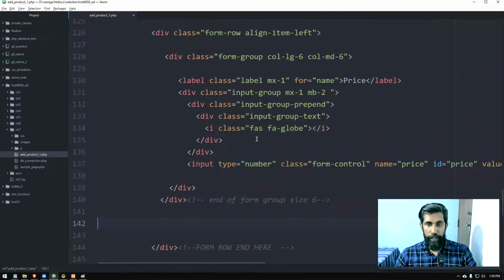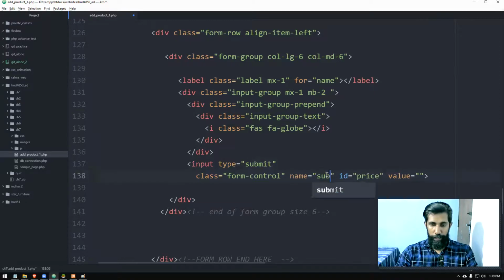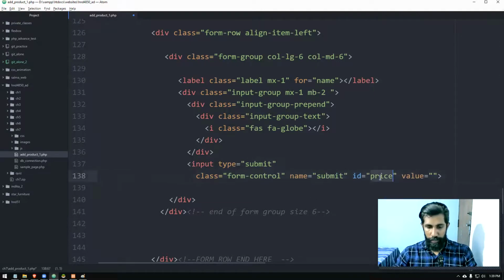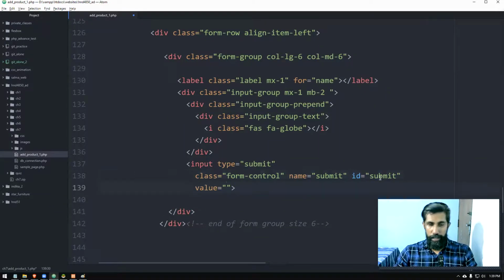So here I'm going to have no label. I don't want a label there. But I'm going to have input type submit. If you want, you can give the name. It's not a must. And value, of course, it's a must. We need to say submit, register, or add now, right? We'll say add now.